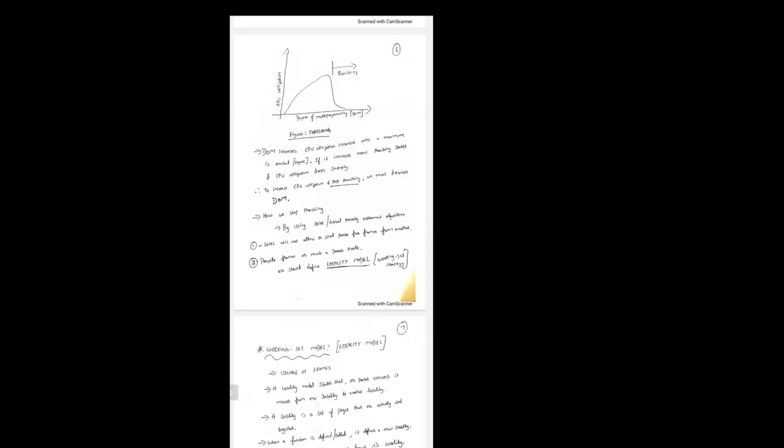So now, how do we stop thrashing? One, I told you we can decrease the DOM. How do we do that? By using local and global priority replacement algorithms. Local is the best way. Why? Because local will not steal frames from somebody else. It will take only from that process's own frames and will not start any new process. Global takes from all the existing frames, including everything inside the functions, whereas local takes only within that particular loop. So one way of avoiding thrashing is local replacement, because it will not allow stealing frames from another process.